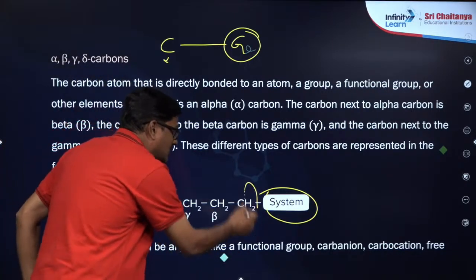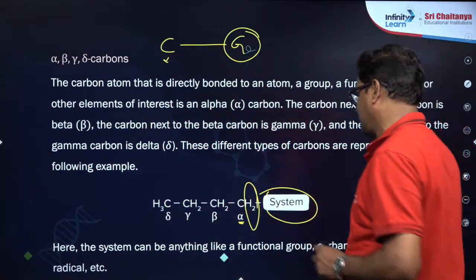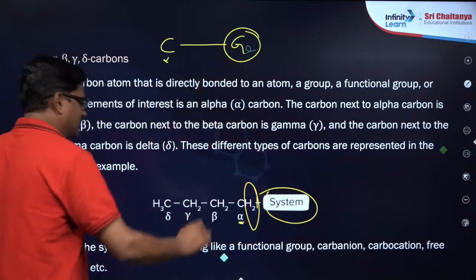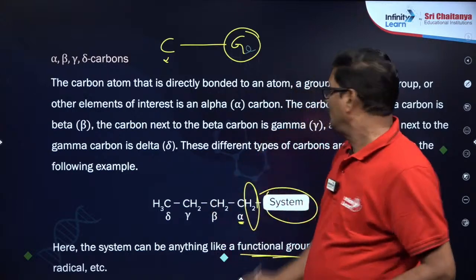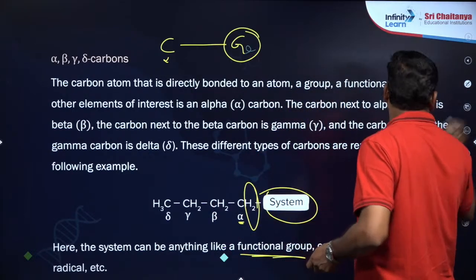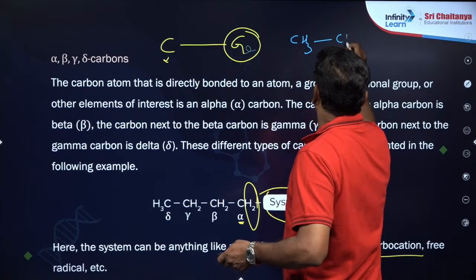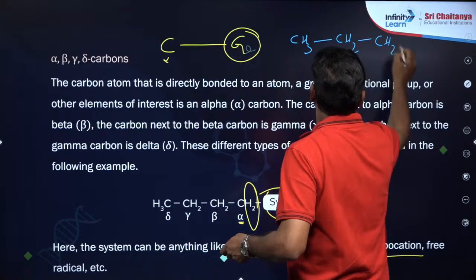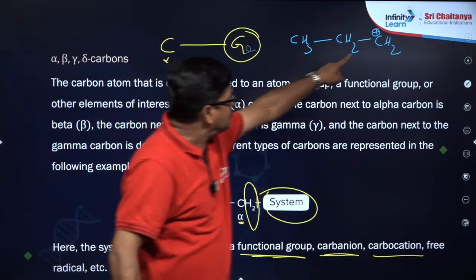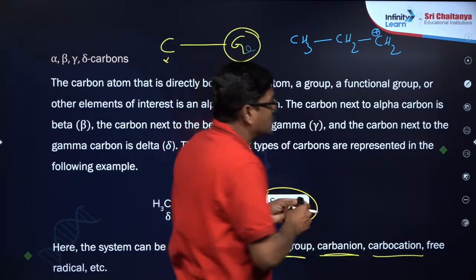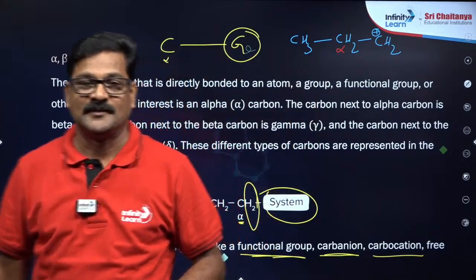So जो भी हाइड्रोजन अल्फा कार्बन एटम्स के लगा हुआ डायरेक्टली, that is called alpha hydrogens. So a system can be anything, that anything can be a functional group or carbanion, carbocation. It could be like this. अब मान लो ये कार्बोकैटायन दे रहा है आपको CH3, CH2 एंड CH2 प्लस. ये सिस्टम का अल्फा कार्बन एटम कहाँ है? ये पॉजिटिव कार्बन का हिसाब से इसका बगल वाला जो कार्बन है ये अल्फा कार्बन बोलना है, और it could be